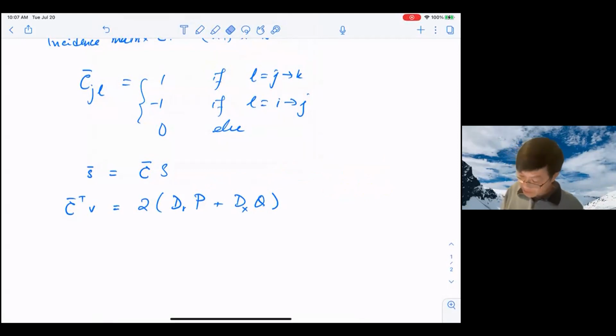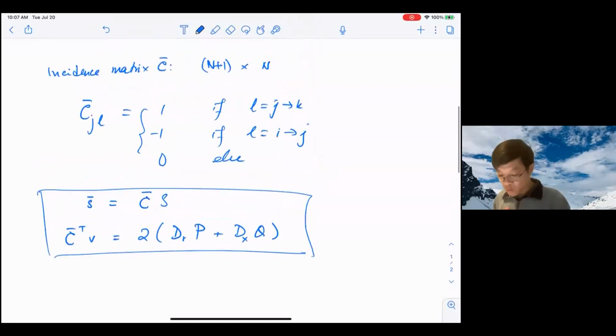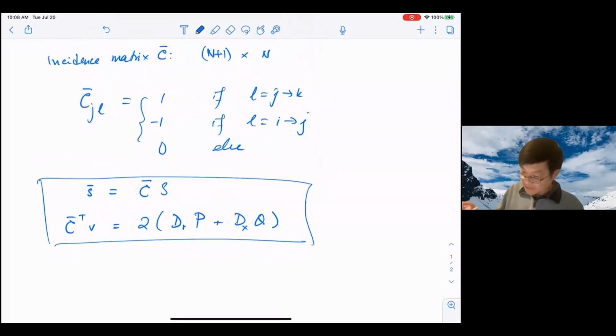Okay, so this is the linearized flow model. Now we understand a lot about the incidence matrix. It's n+1 by n. It has rank n, so it's not invertible, but the null space is the span of the ones vector, and it has lots of other interesting properties that are understood. Moreover, we can solve these equations explicitly very easily. The way to do that is to look at